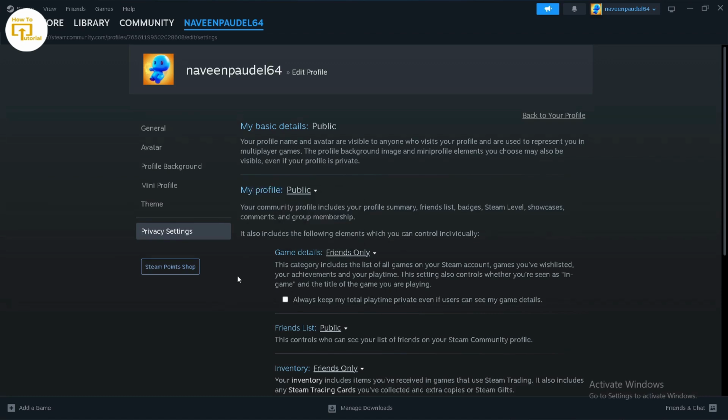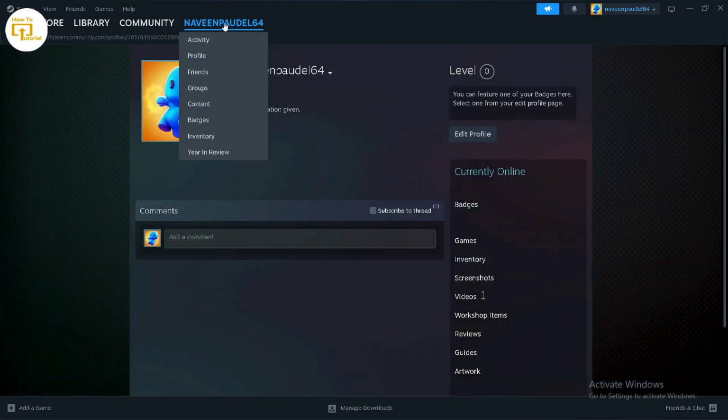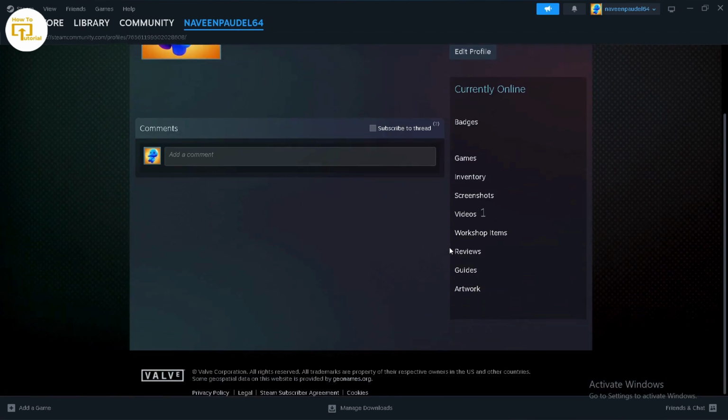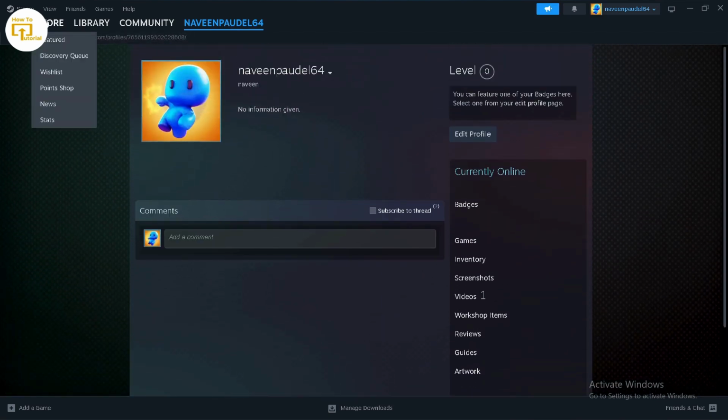But if this does not fix your problem, then it might be because you have blocked that friend. If you have blocked that friend, then you can't find that person's profile. So what you can do is just tap on your username. After tapping on your username, now you can find the option which is block. So just come back,